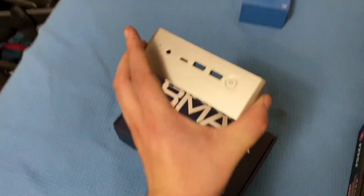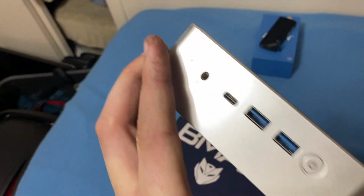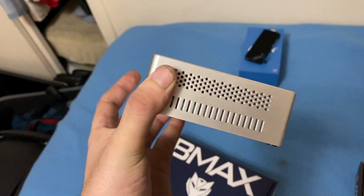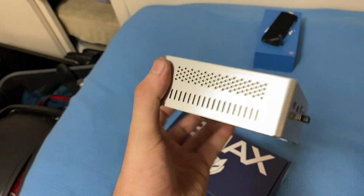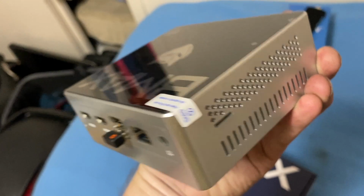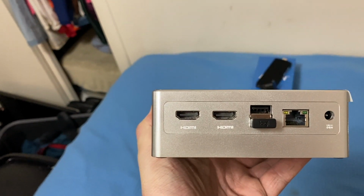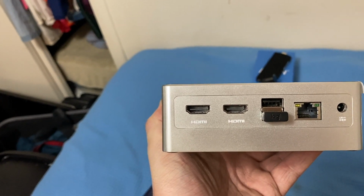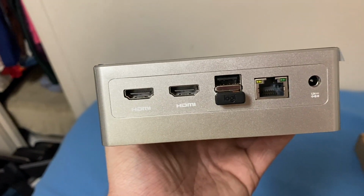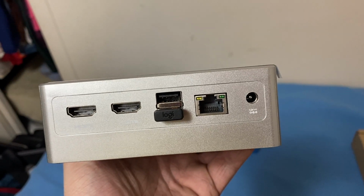Now, as far as the ports go, it does have USB-C on the front, as well as two USB Type-A ports, a combination headphone jack, a reset button, as well as the actual power button. It does have a few little ventilation holes, and on the left-hand side of the machine there's a micro SD card slot. On the back, you have dual HDMI outputs for video out, so you can drive dual monitors. I believe they are 4K 60 HDMI ports, which is pretty sweet. Then there are two USB 2 ports, a gigabit Ethernet port, and the power socket for the little wall wart power supply,